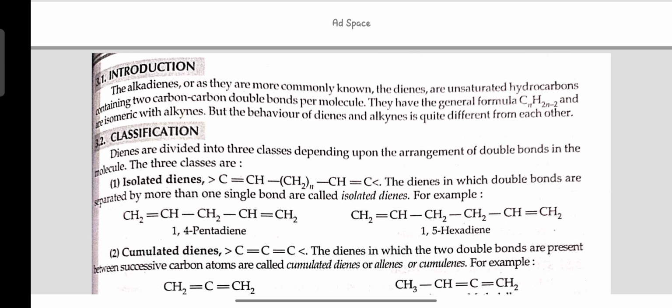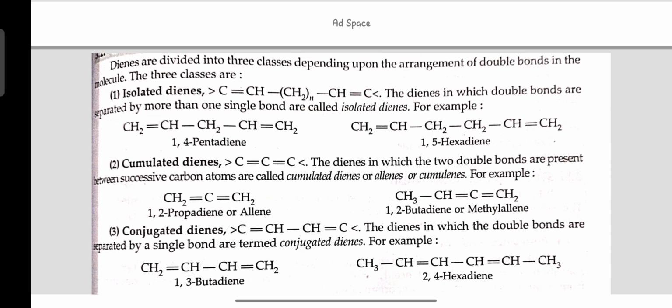Classification. Dienes are divided into three classes depending upon the arrangement of double bonds in the molecule. The three classes are: first, isolated dienes. The dienes in which double bonds are separated by more than one single bond are called isolated dienes. For example, 1,4-pentadiene,